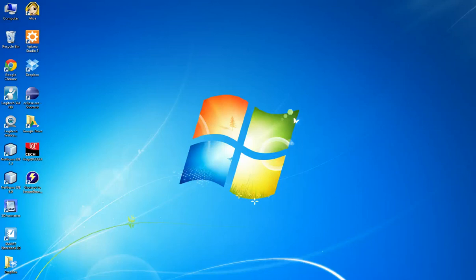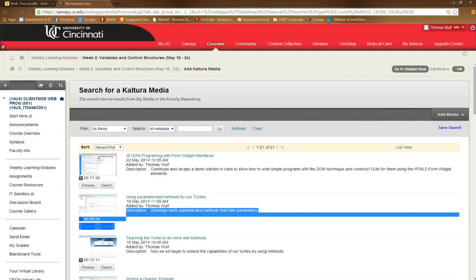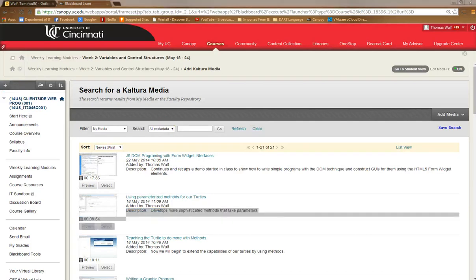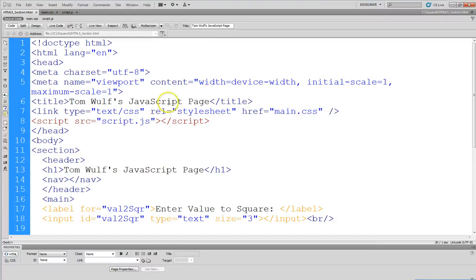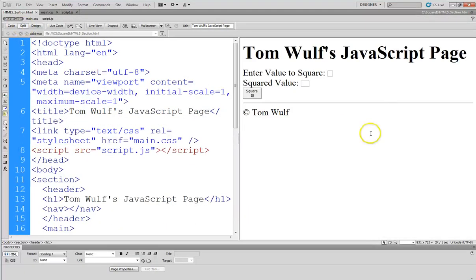Okay, so we're going to continue with the demo I started in class, and I'm going to backtrack a little bit to show you where we left off. We basically created an HTML page that has a simple user interface. There's no CSS at all on this yet. That's not uncommon for me to work that way. I'll get the code running and then I'll incrementally go through and improve it and embellish it and deal with